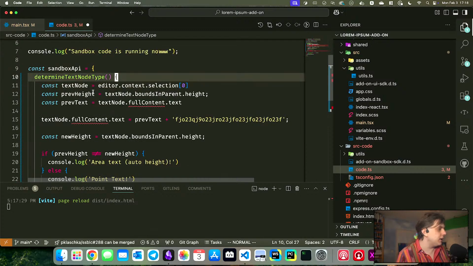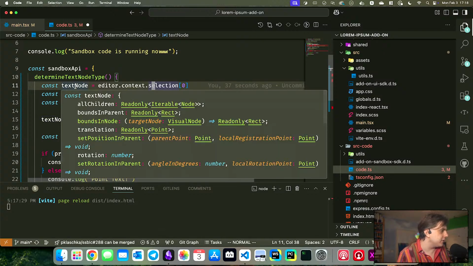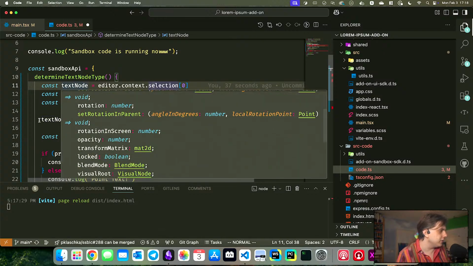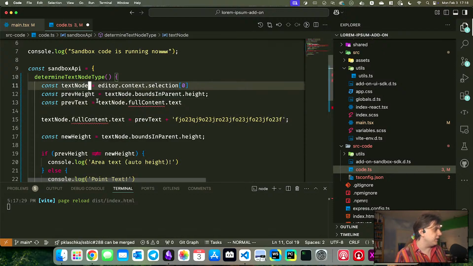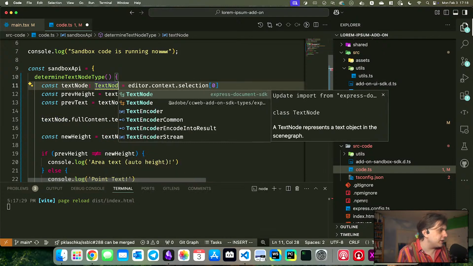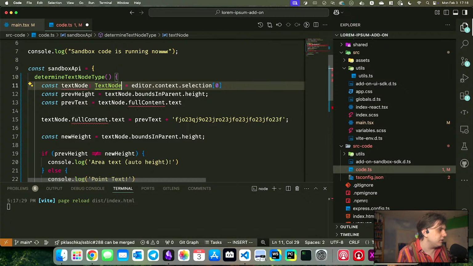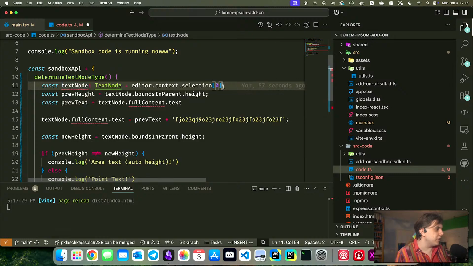So text node is within the selection, so this will just be some kind of node. Sounds good. And of course, right here it doesn't quite know yet that this is a text node, so let's specify this in here. And yeah, sure. So as text node,